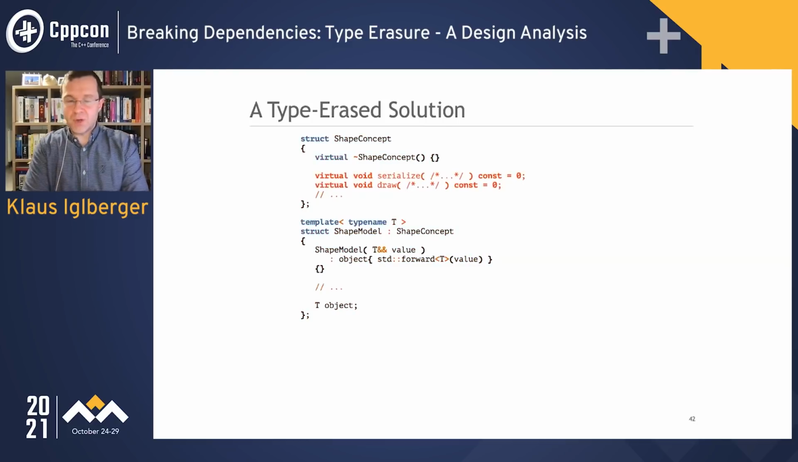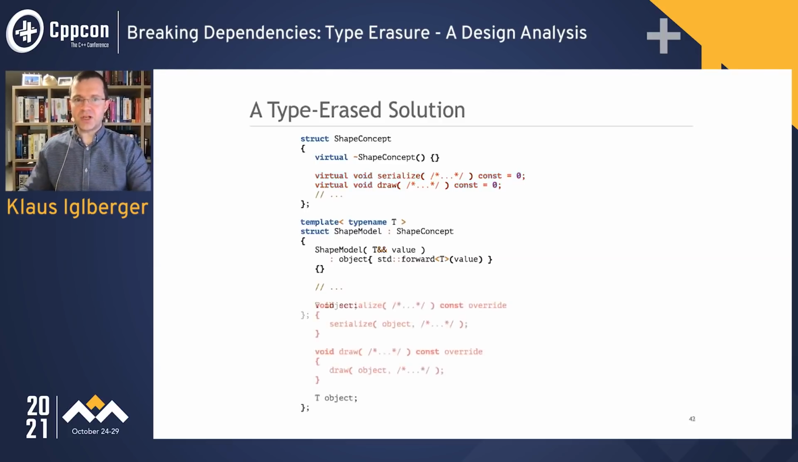Now, the shape concept class takes all the operations that I need. Serialize, draw, anything that I actually might need for my circles, my shapes later. So this is again the two pure virtual functions that before were in the shape base class, which doesn't exist anymore. These operations are now implemented in the shape model. In the shape model, I now have implementations of these two functions, but